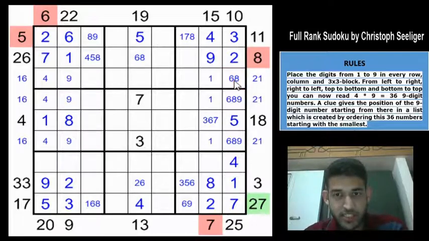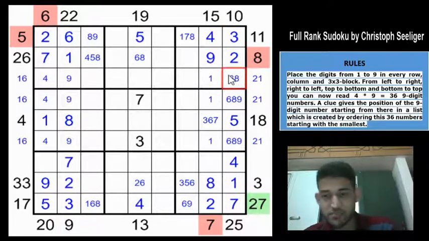So 10 clue is 6 or 8, which means that this cell must be less than or equal to this cell. So this can't be 2, 3, 5, 9 or a 4. So it can only be 1, 6, 7 or 8. But 1, 6 and 8 are not possible, right? So the only possible digit here is a 7. Amazing. So which means that this digit must be 8, because if it's 6 then the 10 clue becomes lesser than 9. So this must be 8.